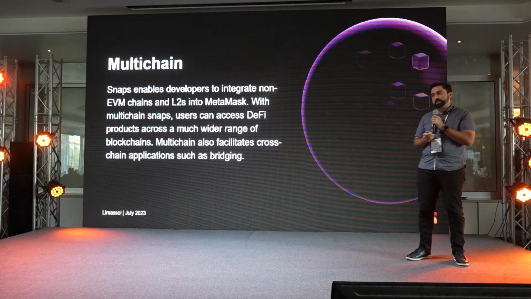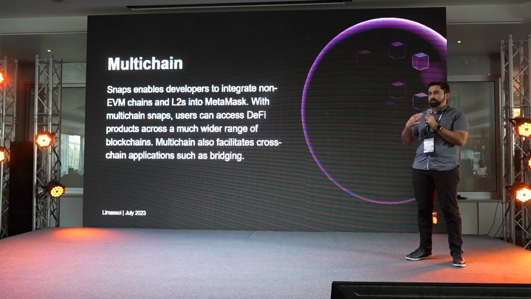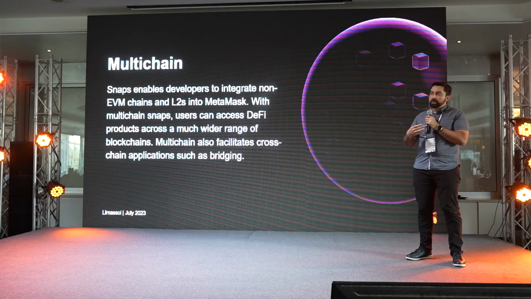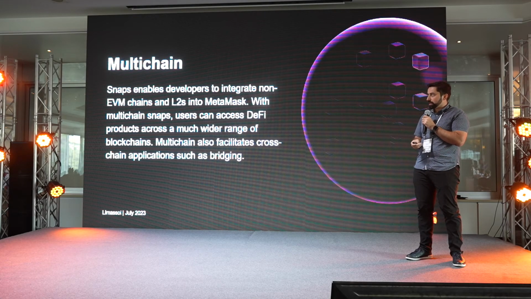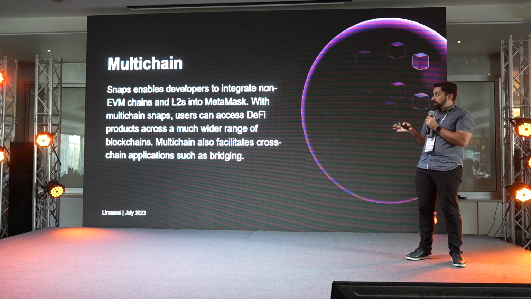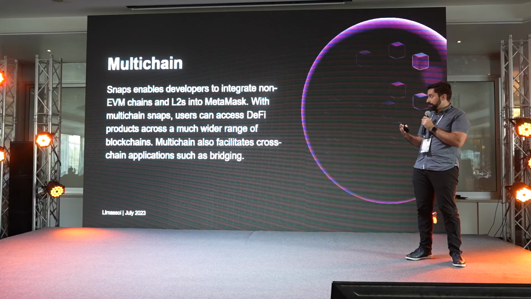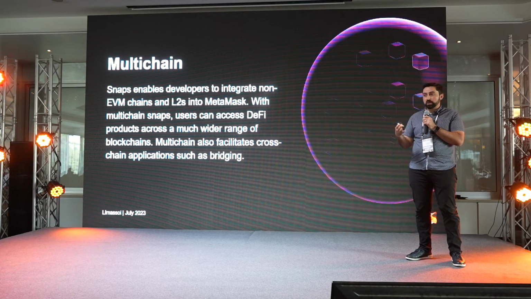So first of all, there's multi-chain. Now, MetaMask is already a multi-chain wallet in the sense that we support a lot of different EVM chains. Obviously, we support Ethereum, and Polygon, and Avalanche, and BSC, and so forth, and also various layer 2 networks like Optimism and Arbitrum. But those are all Ethereum-like chains. They function like Ethereum. When I'm talking about multi-chain now, I'm talking about going beyond just Ethereum-compatible chains and into potentially any protocol. And so within a snap, you can actually build all of the wallet functionality to support these other protocols.